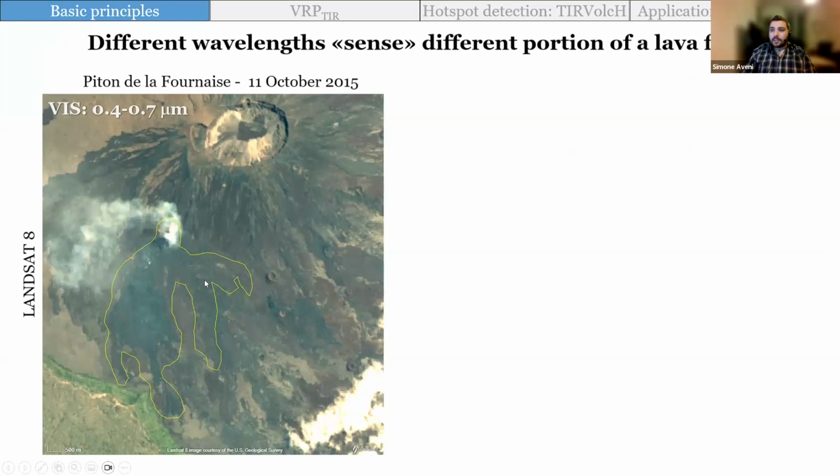If you look at this image, you can't really see much except for some bright spots just there near the vent, which are probably the hottest temperatures, where the temperature is approximating 1200 Kelvin, so we still get some radiation visible in the near infrared and very near infrared. But what if we look at the same image, acquired at exactly the same time, with some thermal band?